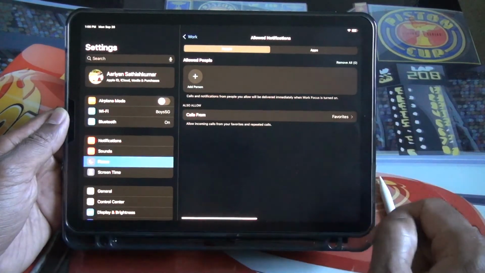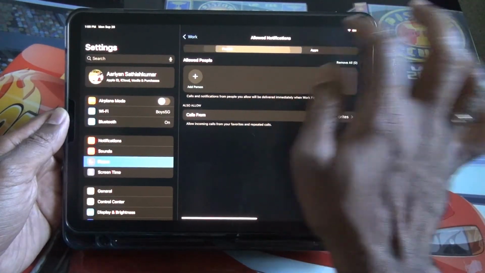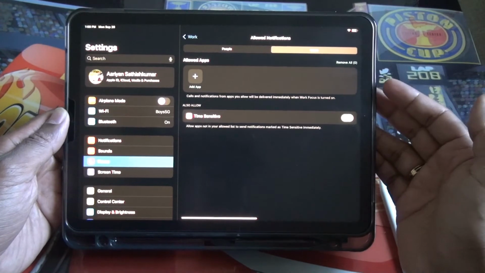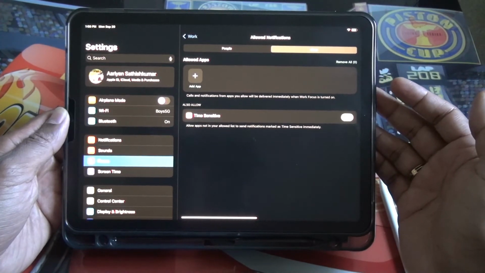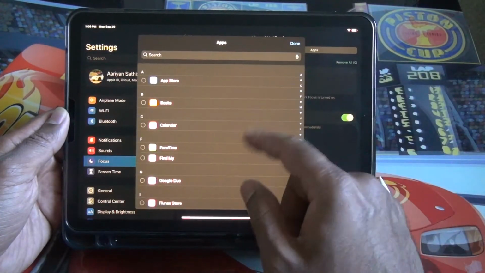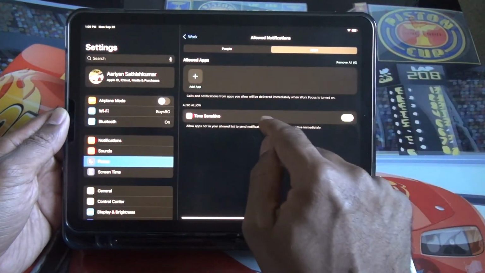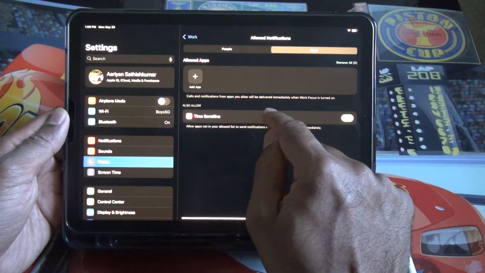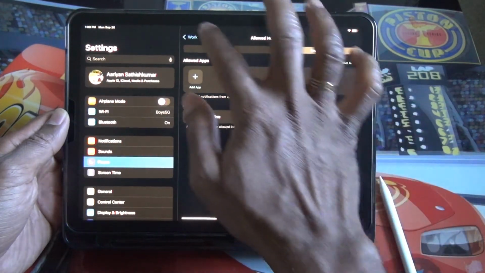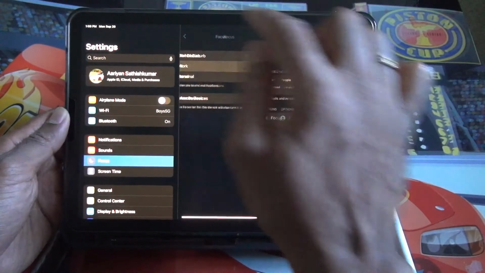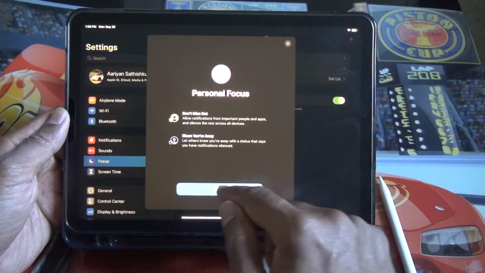And you can add a person also here. And the apps, from which app you want to get notifications when you set your focus to work. So you can choose which app you want. You can choose the app, and you can show if it is a time sensitive notification that you want to see. You can do it here, and similarly for personal also you can set up here